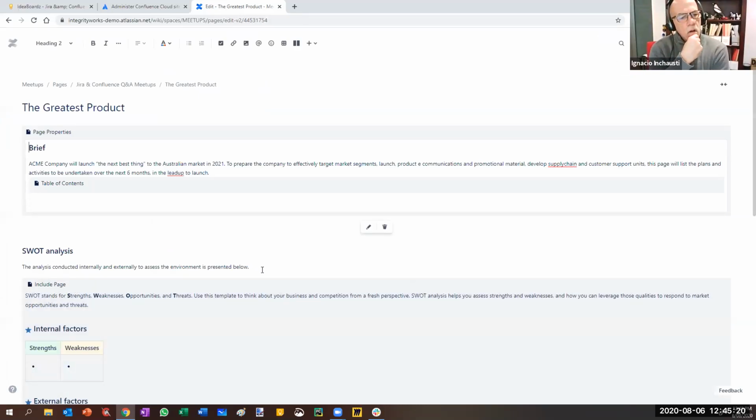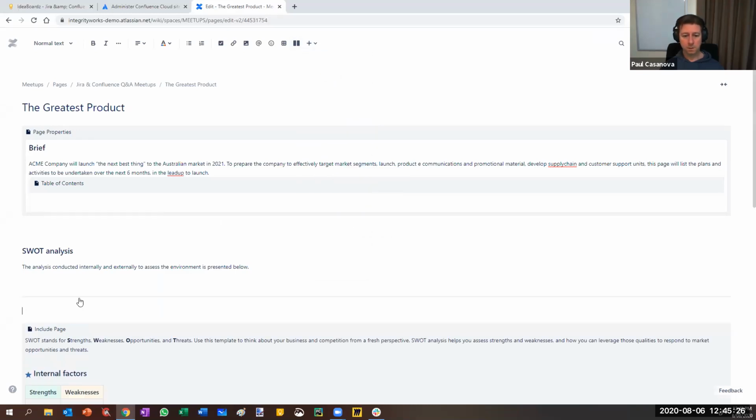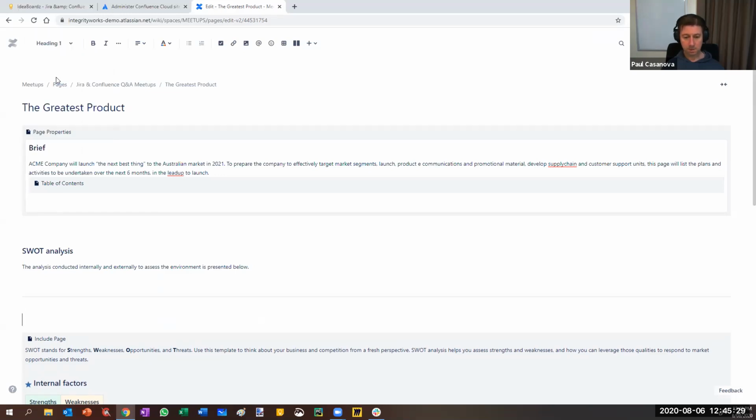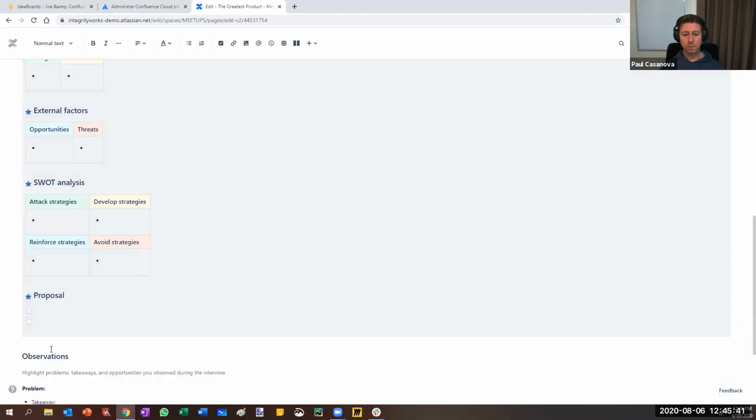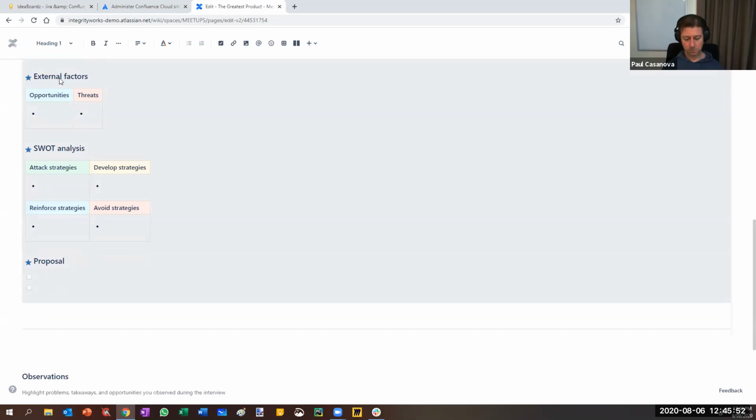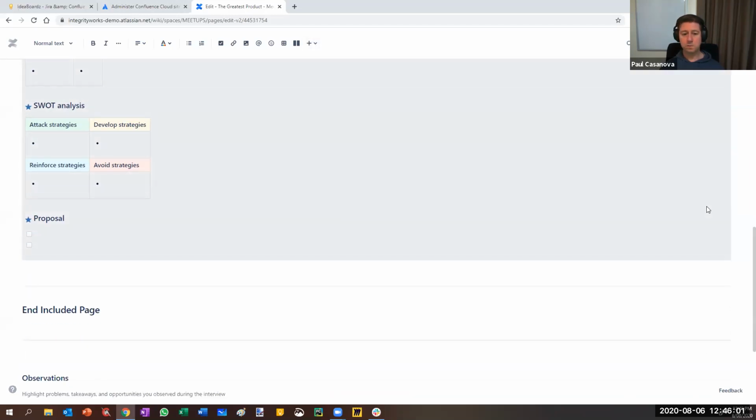If I put in here, let's add in a divider. Okay, and I'm going to go heading 1, begin child included page, and I put in another divider. Then we've got our macro there, and then at observations, if I just put a new line in, begin a divider, heading 1, and included page. I'll put another divider in here. And if I publish this,